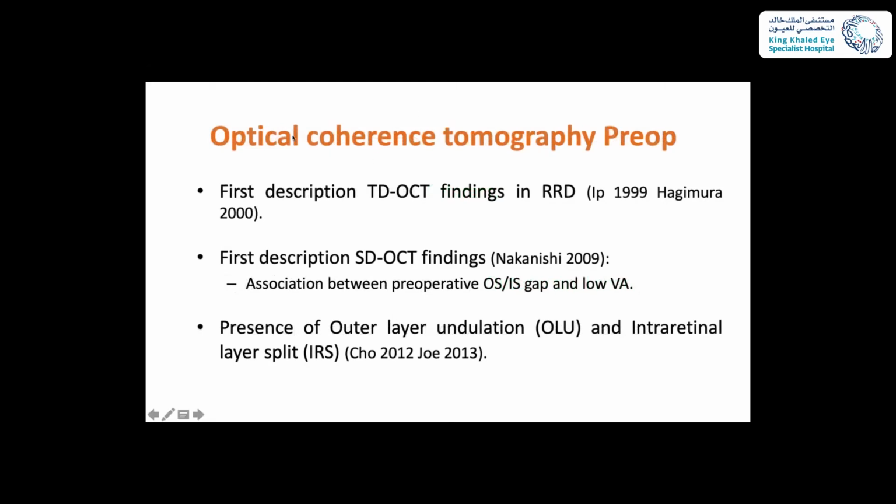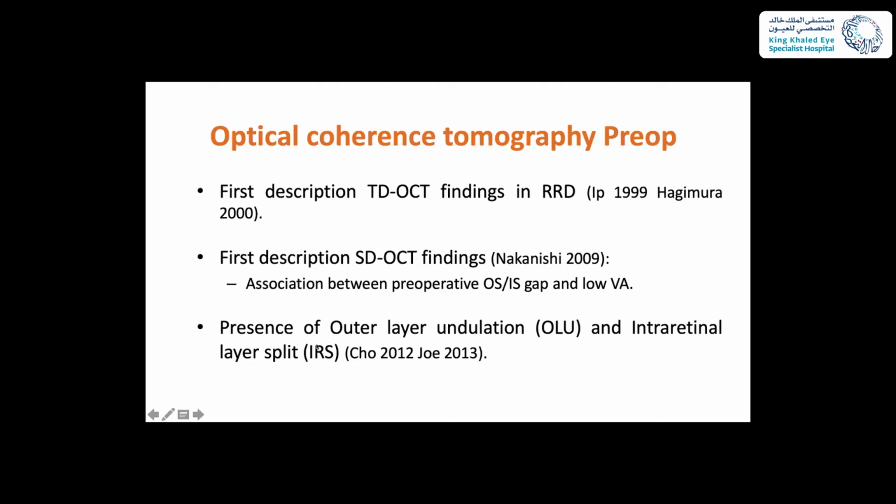So when we talk about OCT, the prognostic features, the first description was made with time domain OCT, in 1999 by Ip and Hagimura. And the first description of the characteristics of the spectral domain OCT, which is the interesting one, was later by Nakanishi. He was the one who started to speak about the association between preoperative OS-ES gaps and low visual acuity postoperatively here. But also, later on, with the better OCTs, with the better quality of imaging, we